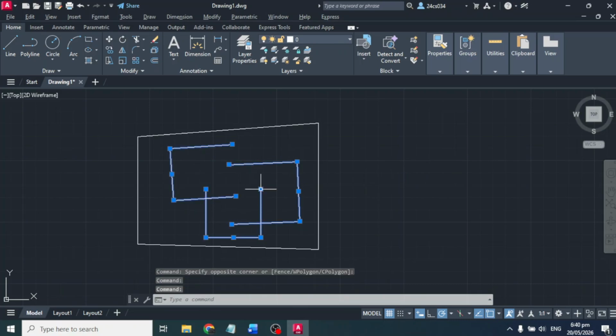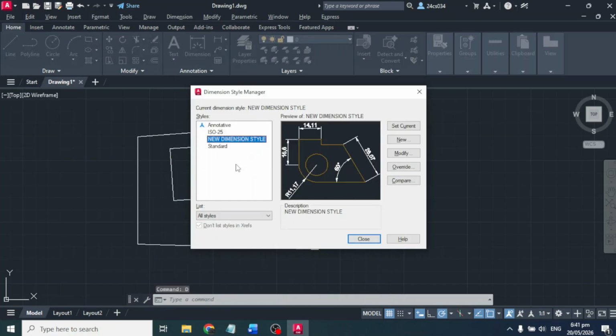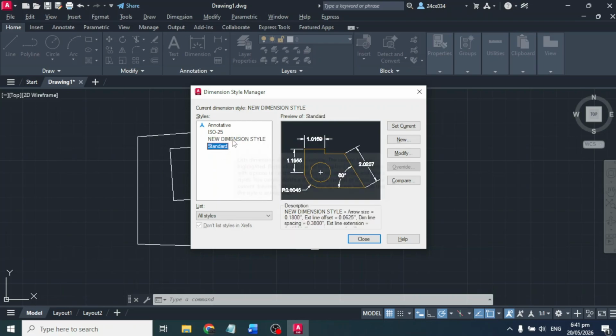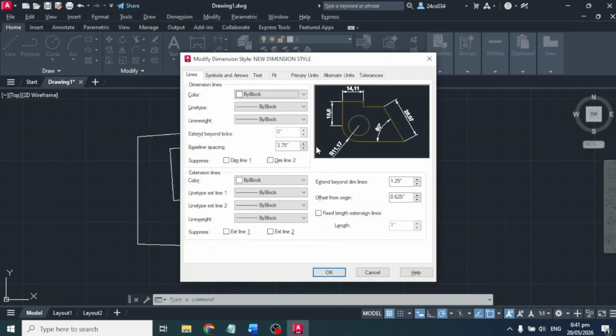After that, go to the command line and type DIMSTY and press Enter to open the Dimension Style Manager. Then, in the Dimension Style Manager, select the style used by your dimension and click on the Modify button to edit it. Over here, go to the Text tab inside the Dimension Style window and find the Text